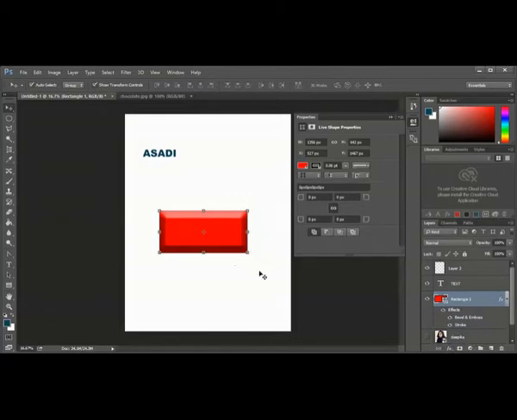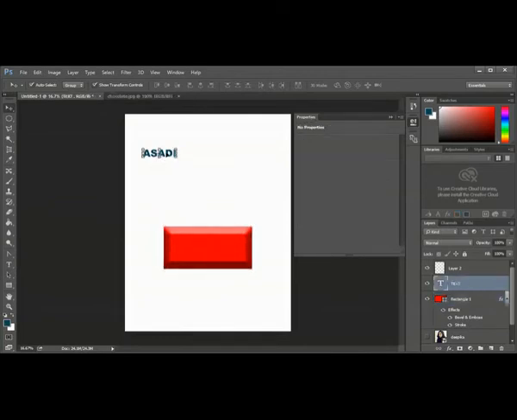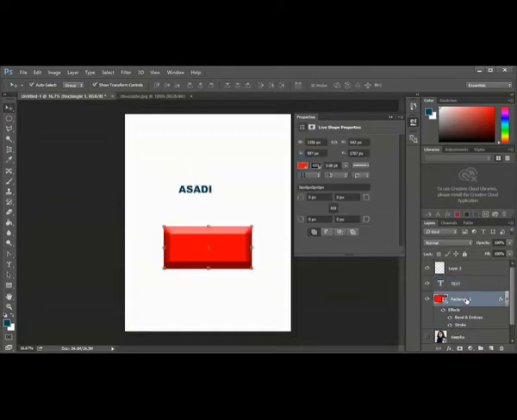Link means, suppose now I can individually move this. I can individually move. I can combine these together by using the link. So I will select this rectangle, control, select text. I have selected these two together and click the link. That means temporarily it is joined together, and you can move together now.